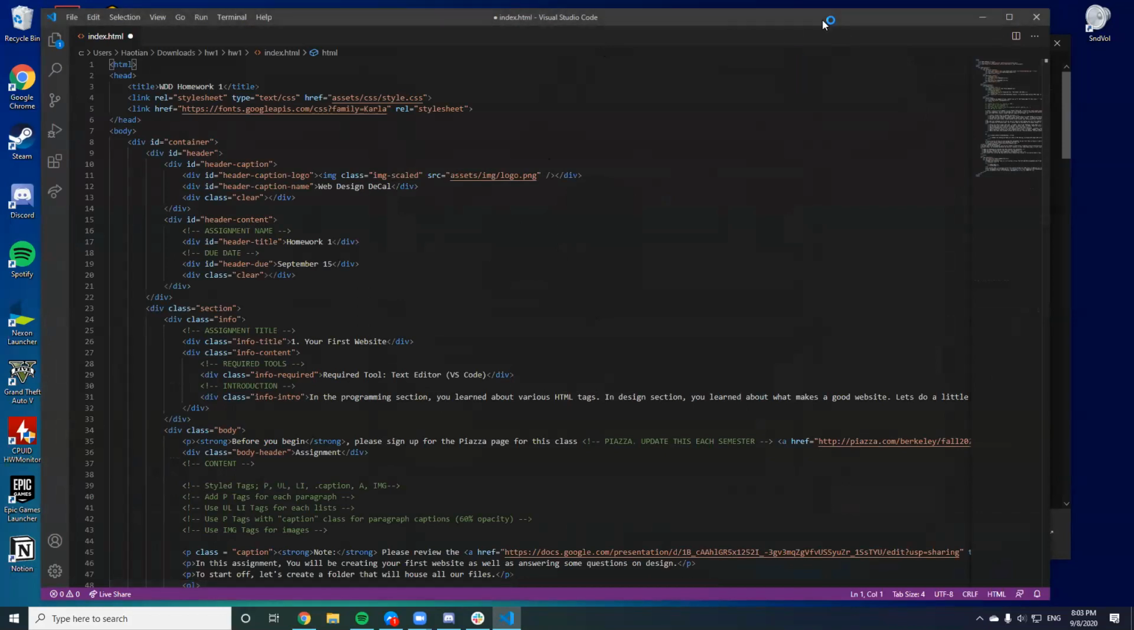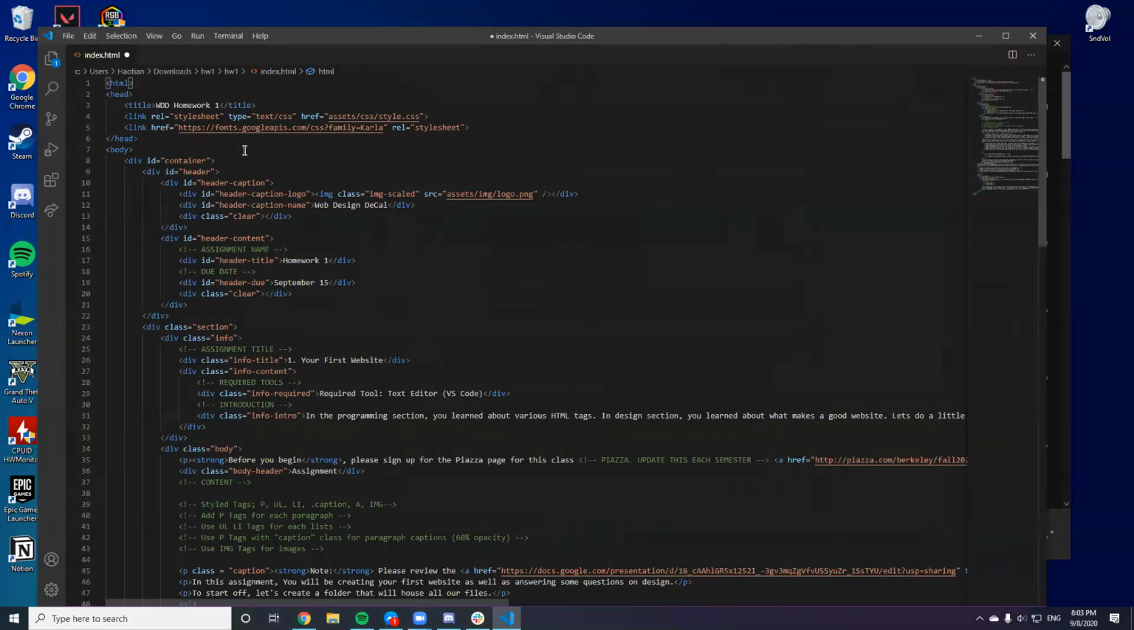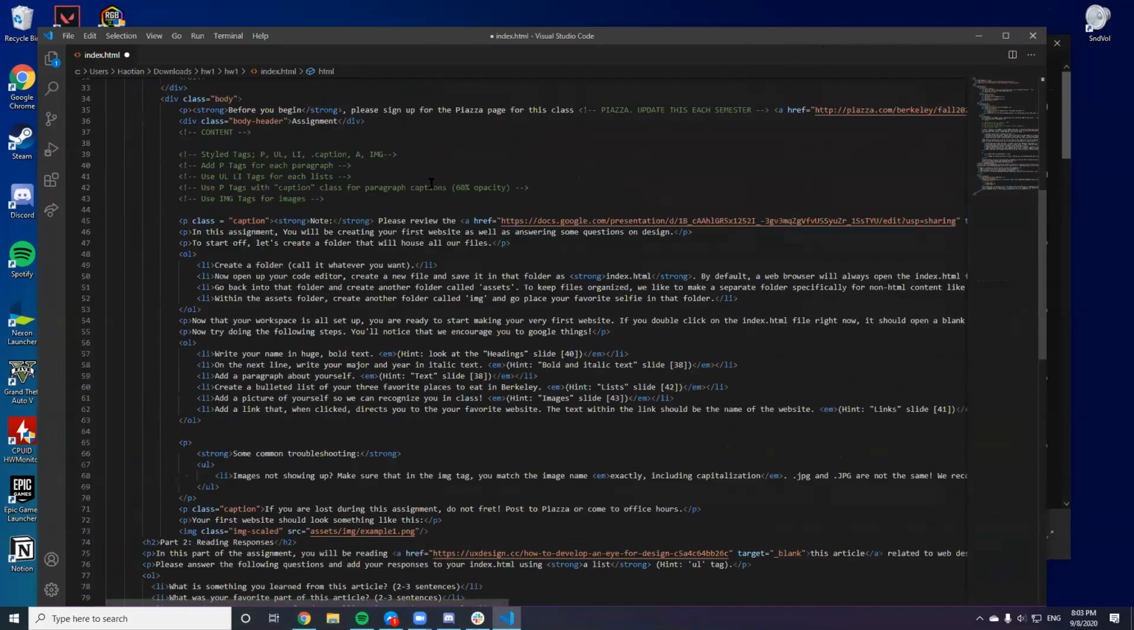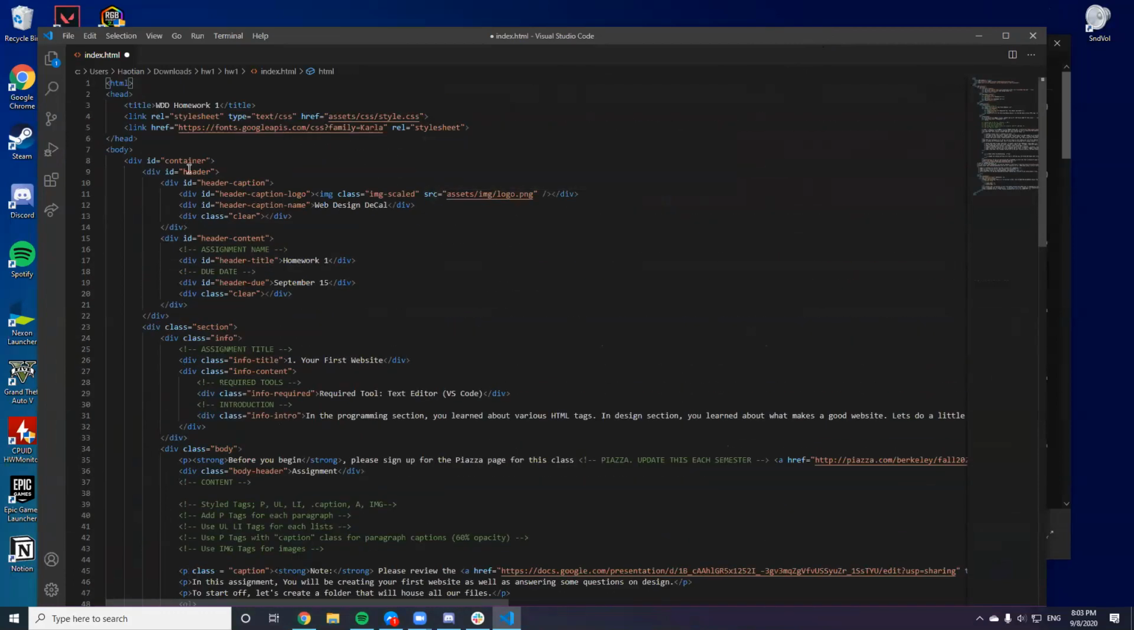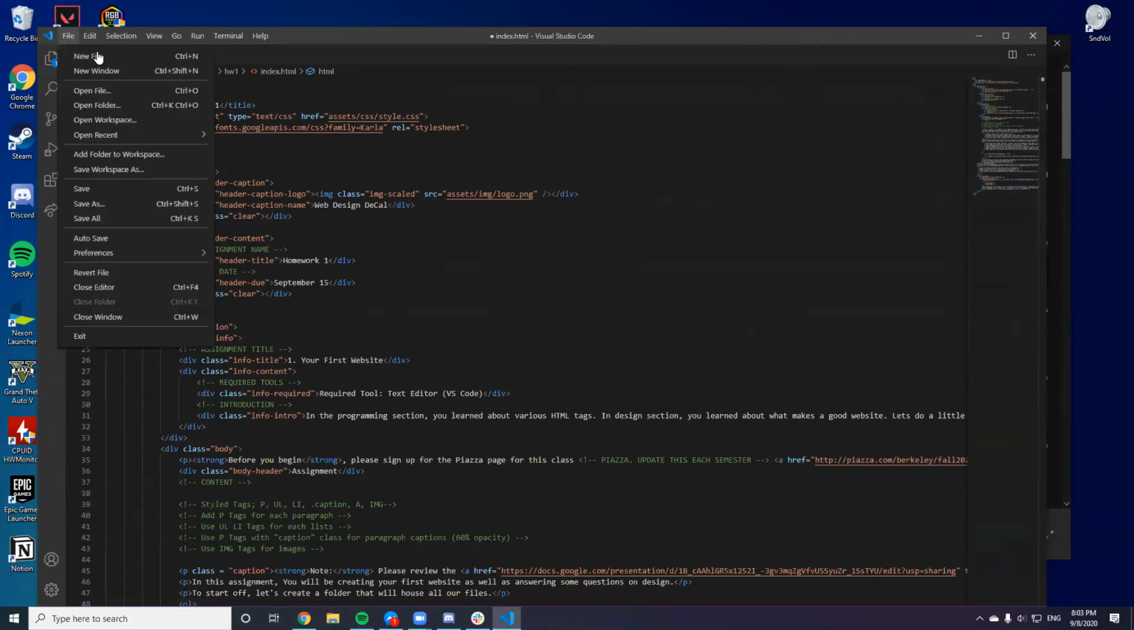So this is basically VS Code, and I guess this is one of our homeworks in HTML. So what you just saw on the screen is the HTML version. But for the homework, you're going to be making your own index.html file. So what you do is,